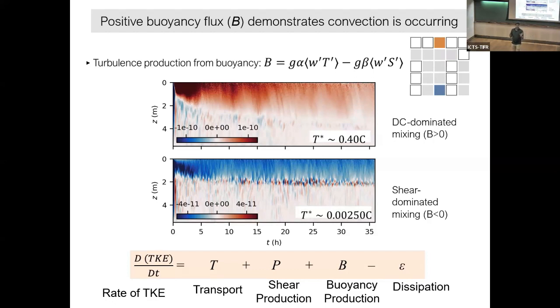So shear production and buoyancy flux are very interesting terms to understand who is creating the turbulence in the first place. If the turbulence is created by convection, then buoyancy flux is positive. You get a positive quantity under the boundary layer. You get a negative quantity under the boundary layer when it is shear dominated. So you can immediately see that if my buoyancy is dominating, no way I can use my previous scaling, no matter how many people are using it. It is not going to operate.